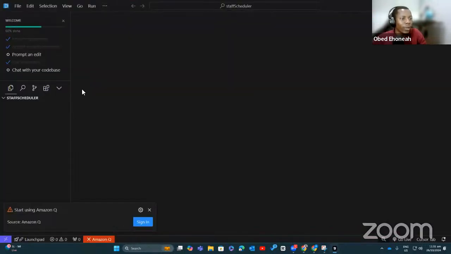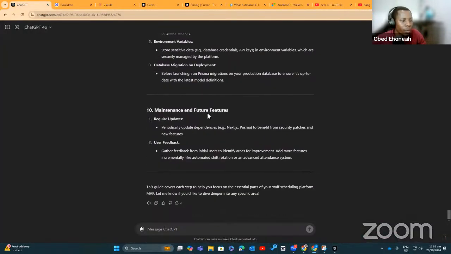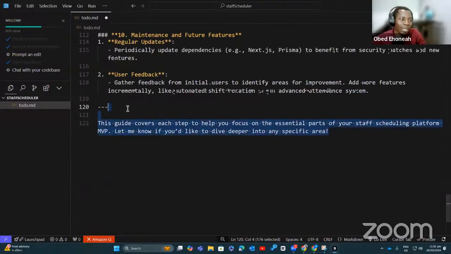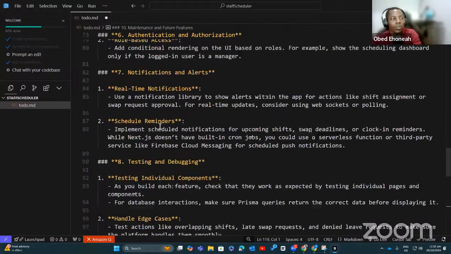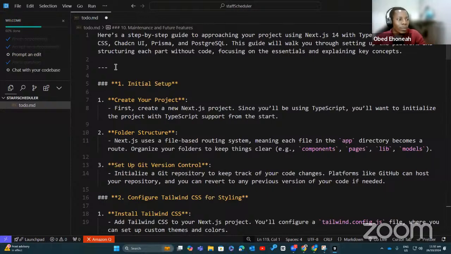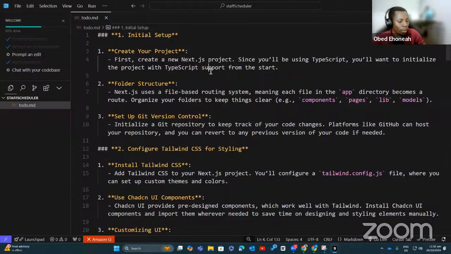Interesting. Let's hurry up. Okay, so one of the things that I want to do is to create a markdown file called todo.md. Then I'll grab what ChatGPT gave us so that we have a reference for what we are going to be doing. I'm taking this approach considering that there are some people on the stream who probably have no idea how to start, right? That's why I had to let it think that I don't know any of these. So, where do I start from?